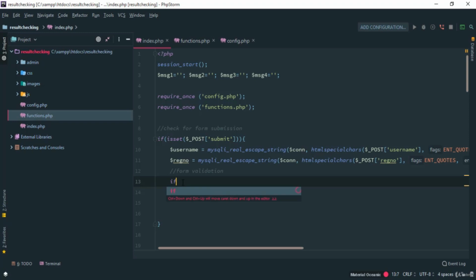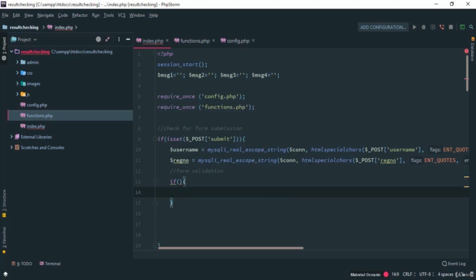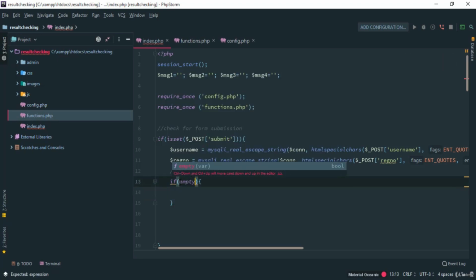So I'll start with the if block, and here I'm going to say if empty. Empty is a PHP inbuilt function that checks if an element or a variable is empty. So if empty username,